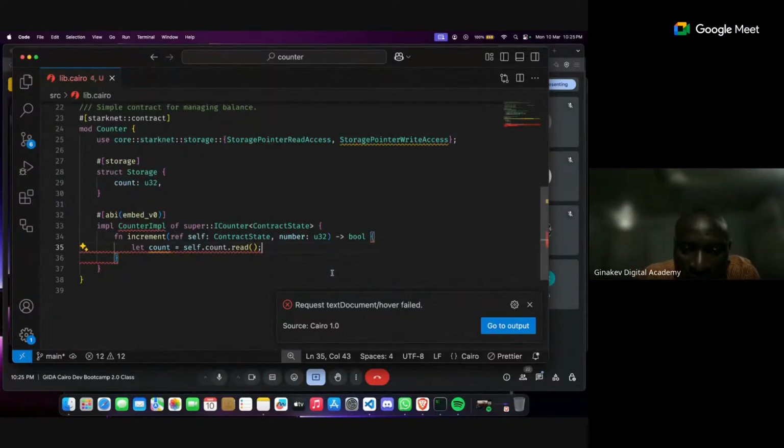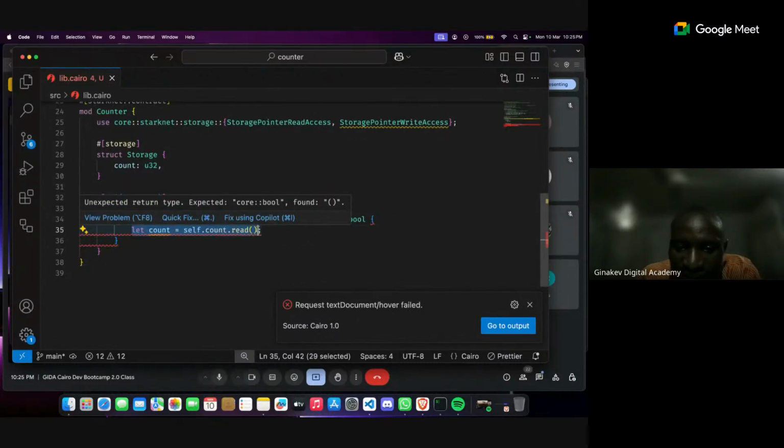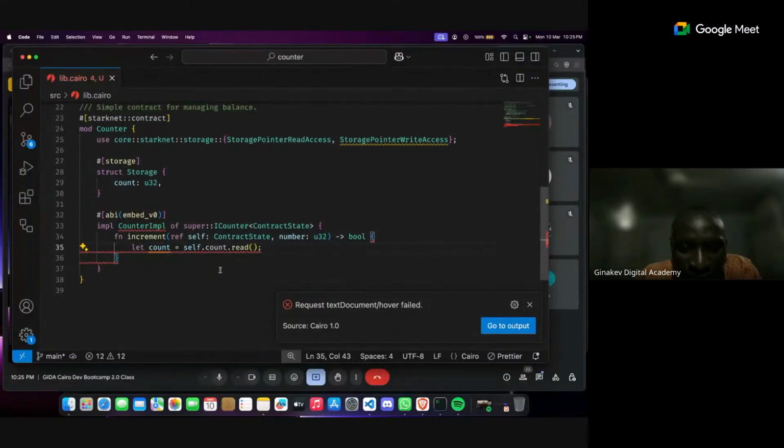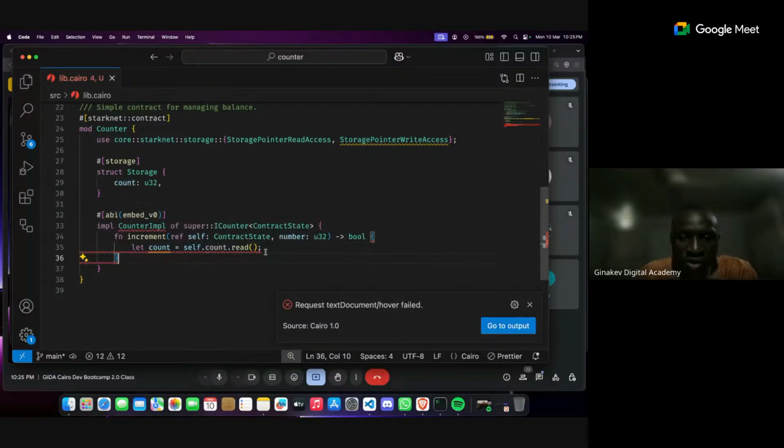So what we have done here is to read the value of our count. Why is this one true? Okay, I think the error is, yeah, okay, it's normal. It's a normal error. Right. So like, are we on the